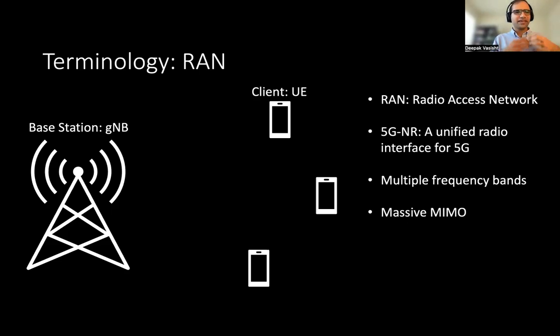It includes many new specifications, modulations, which I'll not go into the details of. At a high level, the base station is called gNodeB, where g is for next generation, strangely. And the client is UE. So at the RAN level, 5G uses multiple frequency bands, and I'll go into the details of these bands in a bit. And one cool primitive in this space is massive MIMO. Essentially, in massive MIMO, the base station uses tens to 100 antennas to either communicate with multiple client devices simultaneously or to provide other kinds of functionality.